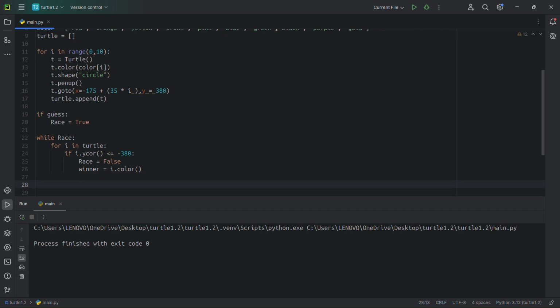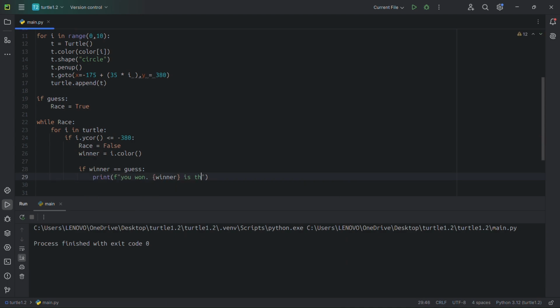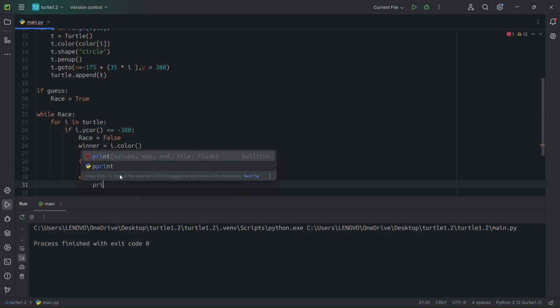Now, if the winner color equals the guess, let's print using the f-string, the user won, else the user lost. Print